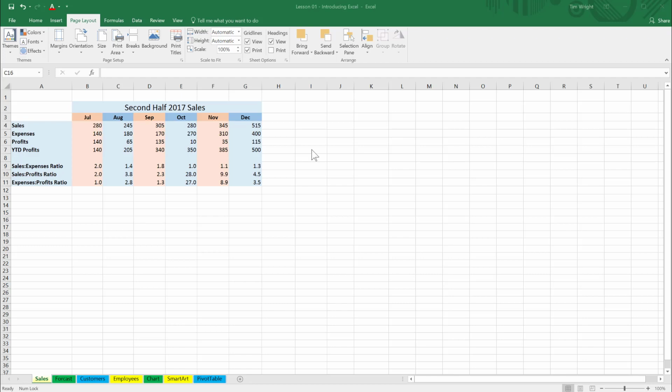This lesson in understanding workbooks and worksheets puts us in our workbook, Lesson 01, Introducing Excel. It's important to understand the difference between a workbook and a worksheet. A workbook refers to the actual name of the file. Up above we see here Lesson 01, Introducing Excel. That is the name of the workbook. It is the file, and it has an extension .xls or